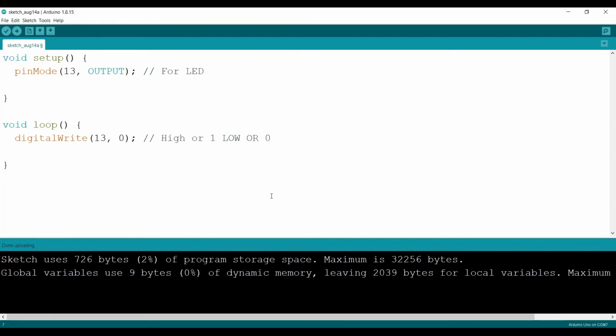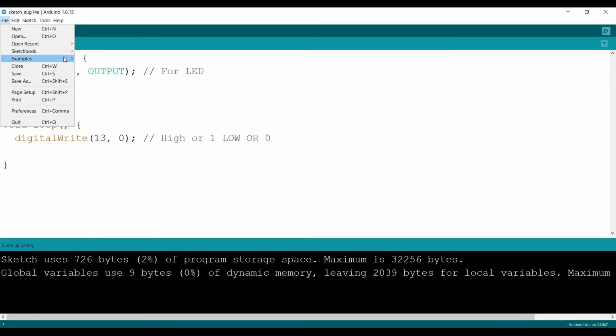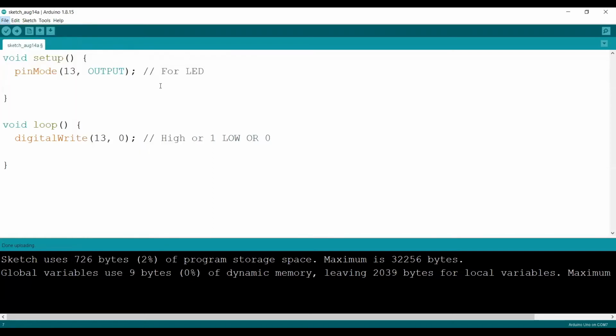The developers of Arduino have already given many examples of how you can blink the LED. When you click on File, there will be an option of Examples. Here you can see thousands of examples available according to your libraries. You can see there are basic examples available. When you click on Blink, you will see a predefined code for blink. I hope it is visible.